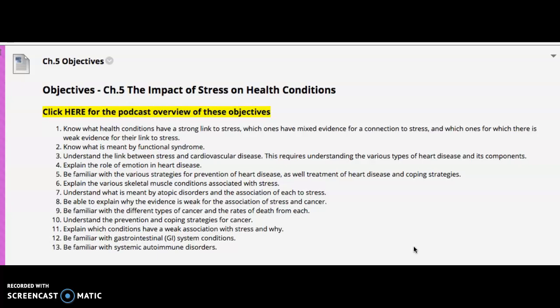There's kind of mediocre or mixed evidence for other illnesses and their connection to stress. And then there's some weak evidence connecting stress with certain illnesses. So you want to make sure that you understand which conditions carry with them the strong evidence. And so for that, we really start talking about, well, just to back up, the overview of everything, stress related,